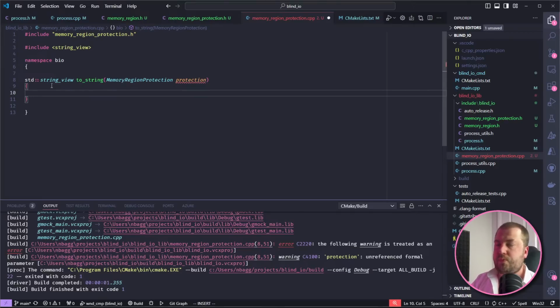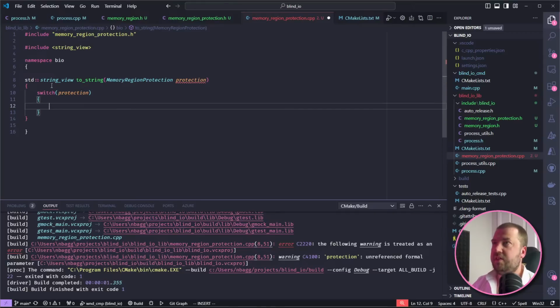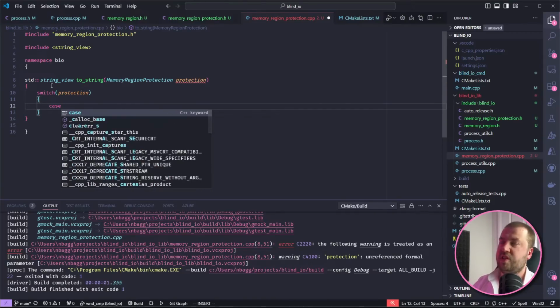So the obvious way to do this, I think, is with a switch statement. So we can basically handle all these cases. One interesting C++ tidbit, I guess, is because it's an enum class, we have to fully qualify the name.